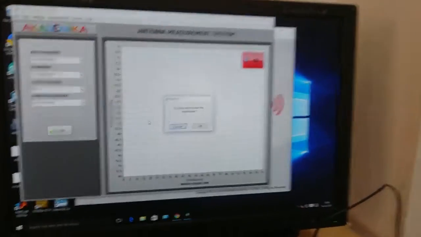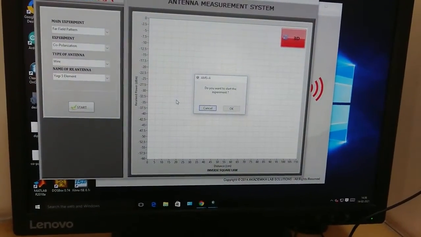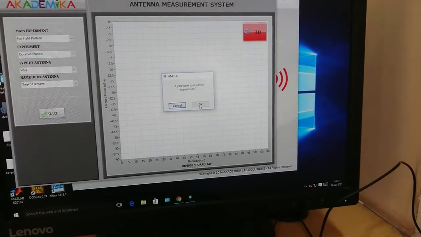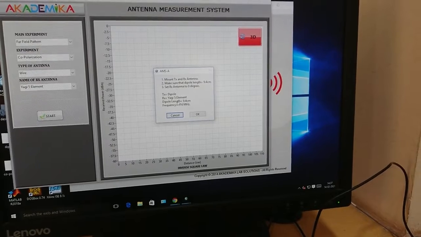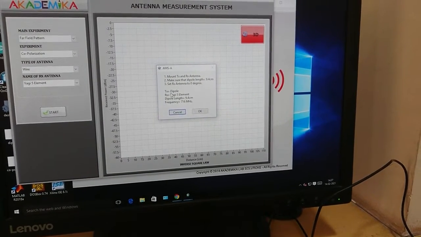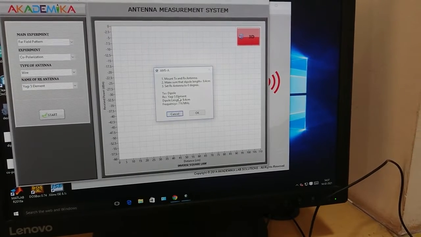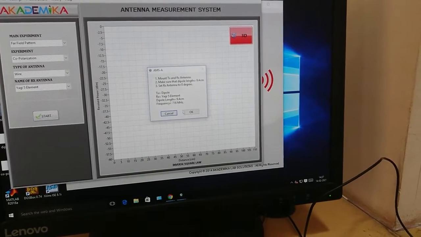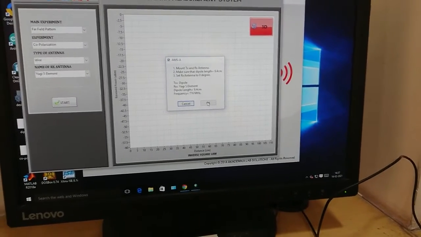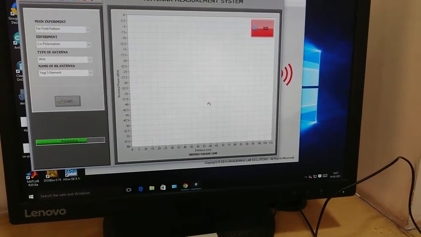Start. It asks in a box, do you want to start the experiment? Okay. So on the transmitter side it is dipole, on the receiver side it is Yagi-Uda, then the length and these inbuilt parameters are there. Press OK.